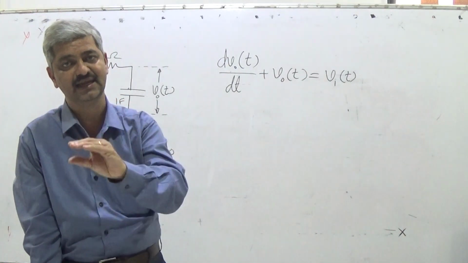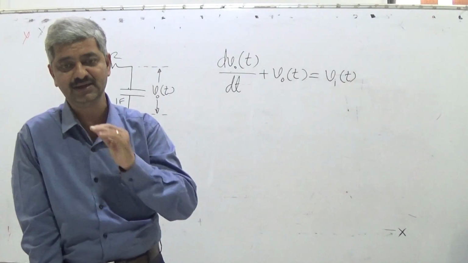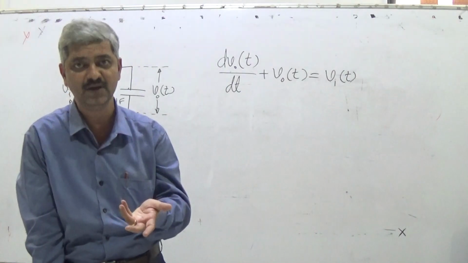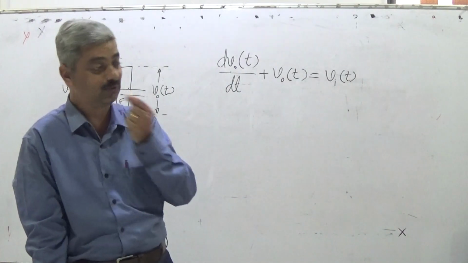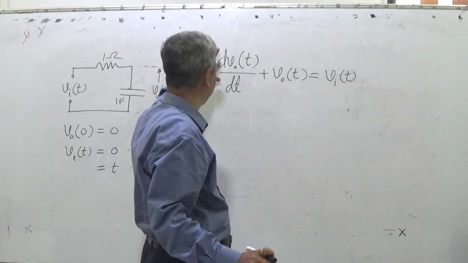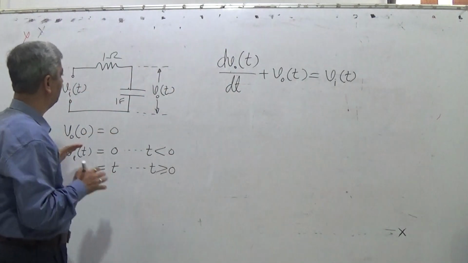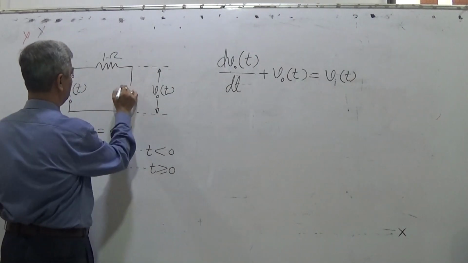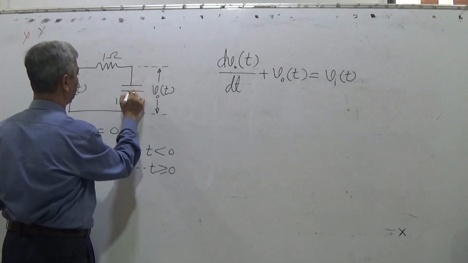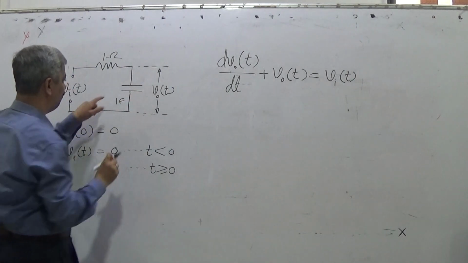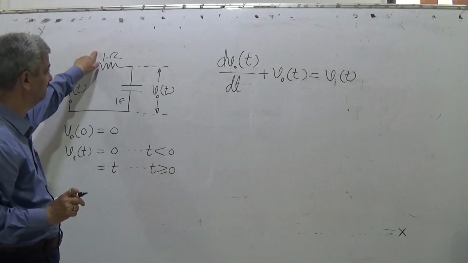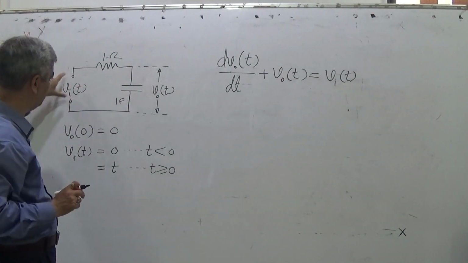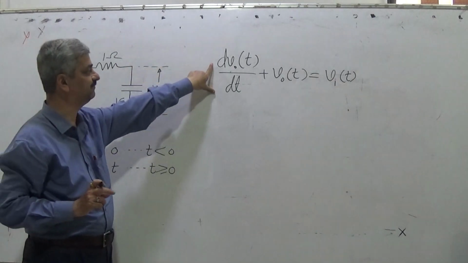At an initial stage, adopting a shortcut is okay, but a few somewhat extra curious students in your group might have thought, why so? When we have a 1 farad capacitor, if it is not 1 farad, then the constants may be different, but I have simplified. 1 farad capacitor, 1 ohm resistance, input at this end, output at the other end. For that, this is the differential equation.